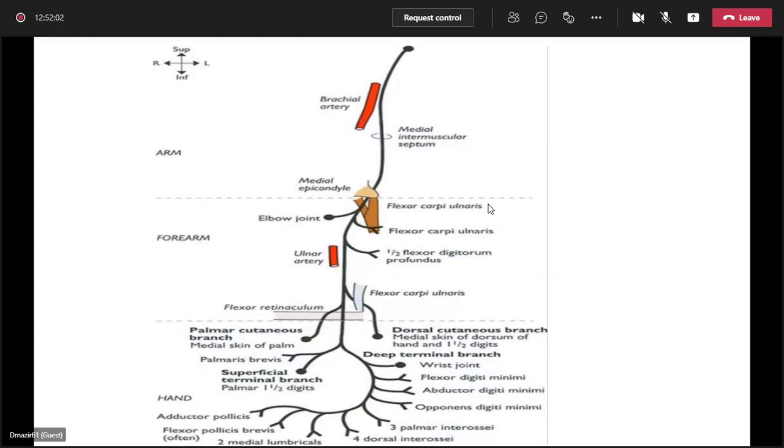So this is the distribution and course of the ulnar nerve. When the ulnar nerve is damaged, either at the level of the lower trunk of the brachial plexus, which is called Klumpke's paralysis, or at the level of the medial epicondyle in case of an accident, in case of fracture, or in case of a sharp edge injury by a glass or some metal object, that can lead to a condition which is known as